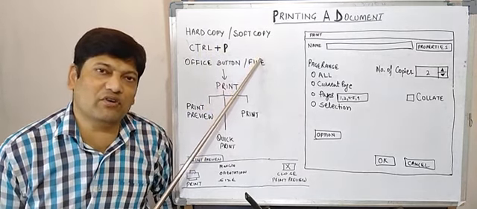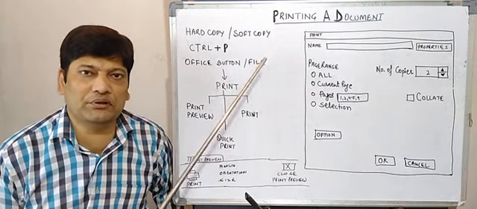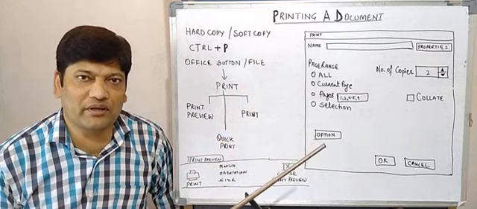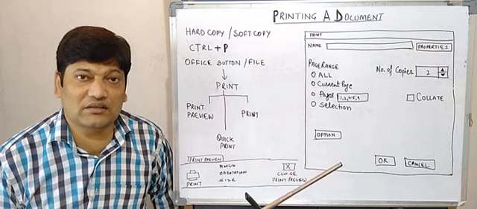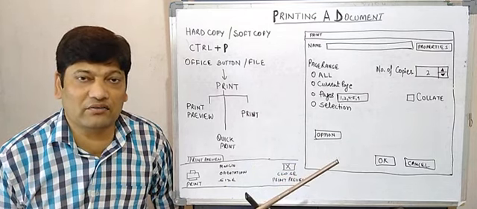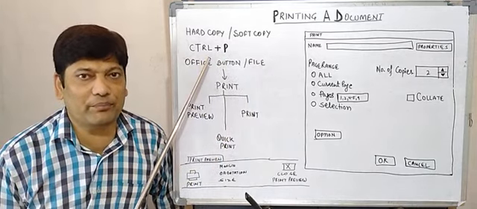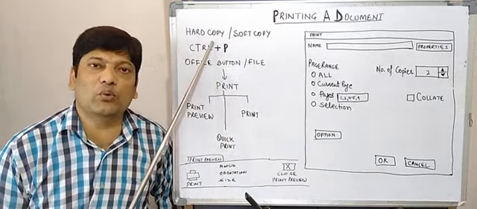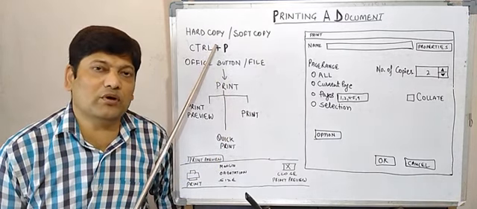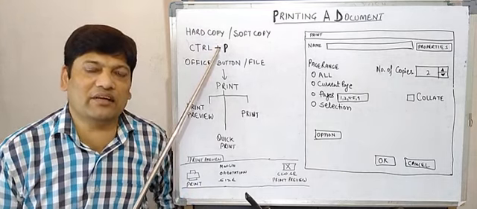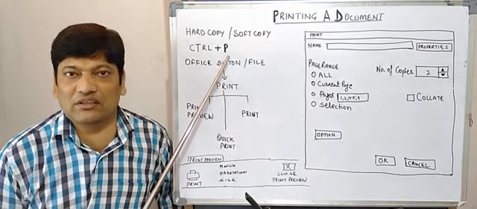So what is hard copy and what is soft copy? Whenever you are creating any file or document which is saved in your computer, that is termed as soft copy. Very easily we can send these soft copies from one computer to another via emails, via pen drives. On the other side there is another term, hard copy. Hard copy is basically when we take the printout, whatever things are there in our computer, on a sheet of paper,